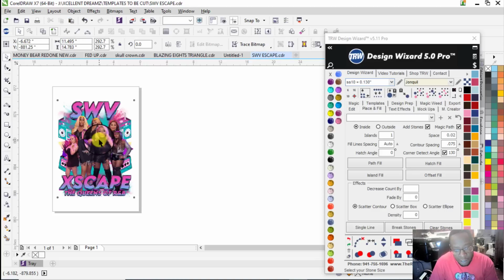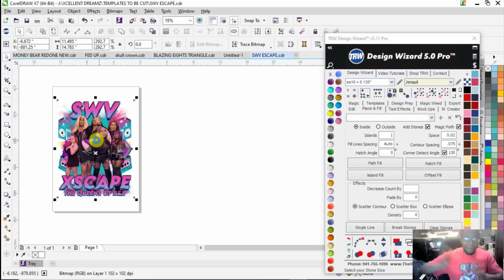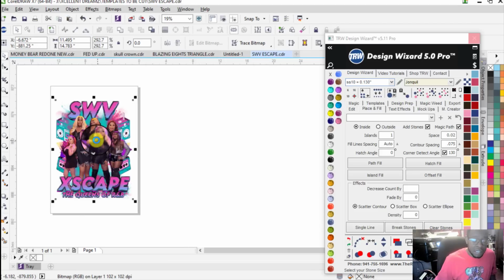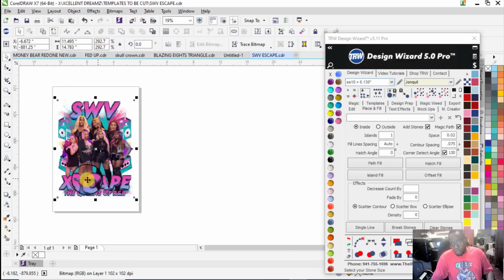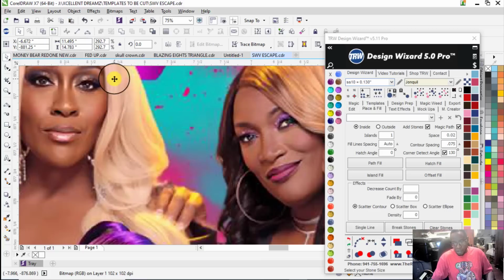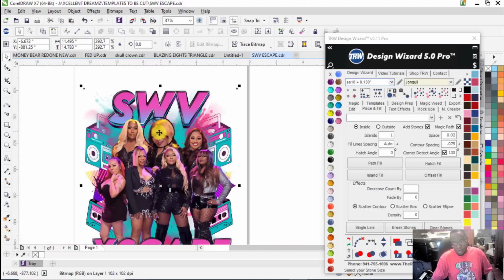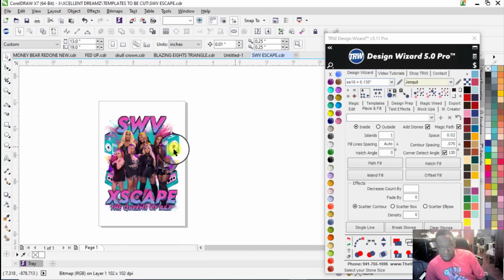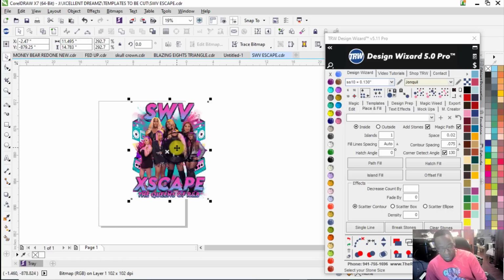Alright. Now let's copy it, and after we copy it, we're going to paste it. The reason why we're copying and pasting is because we're going to use the copy to create our objects, which we will layer our stones in. We're going to use the original as the printout. You see how crispy and how vivid their faces are? We want to keep that. So after we made our copy,